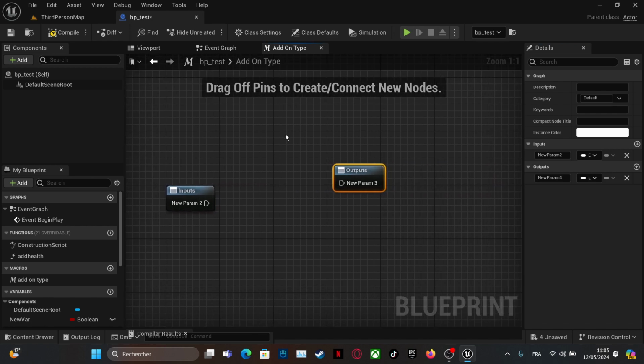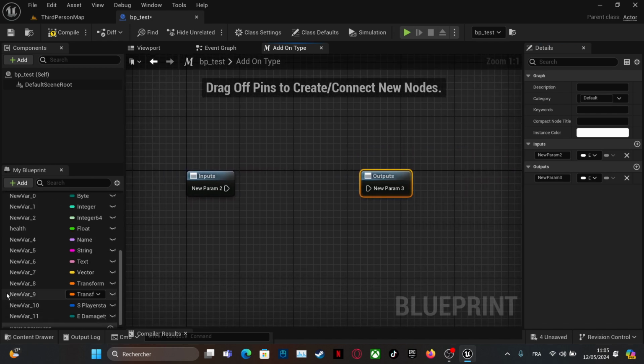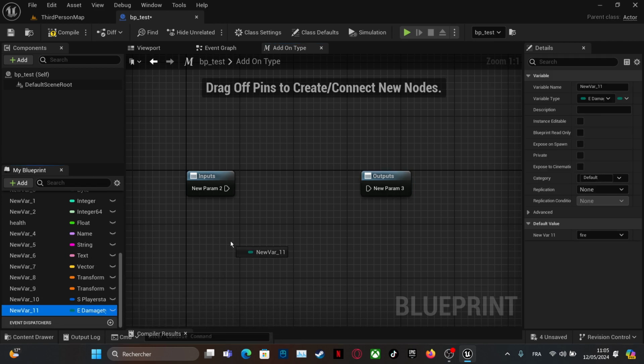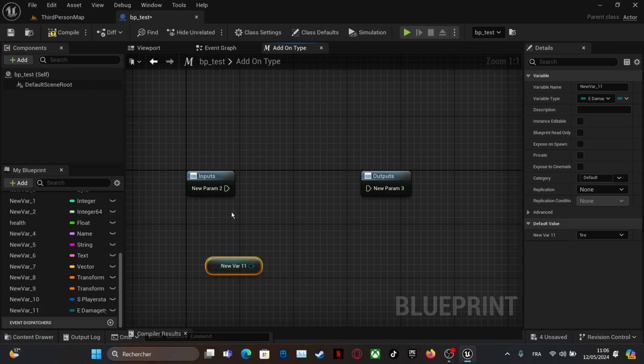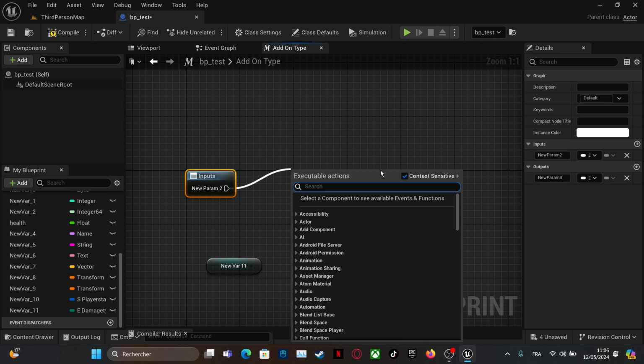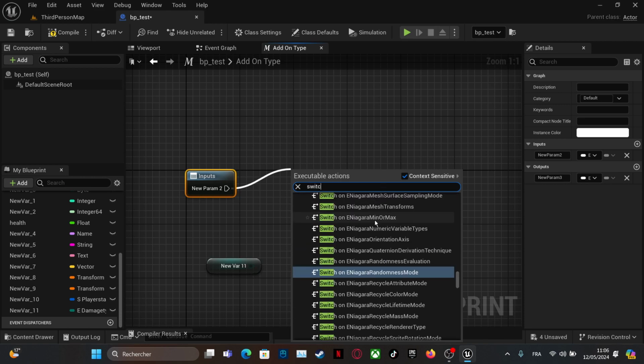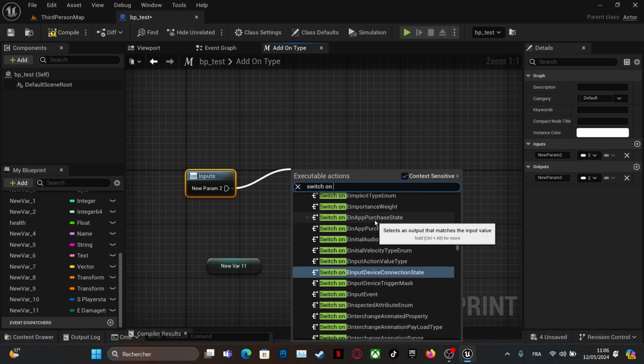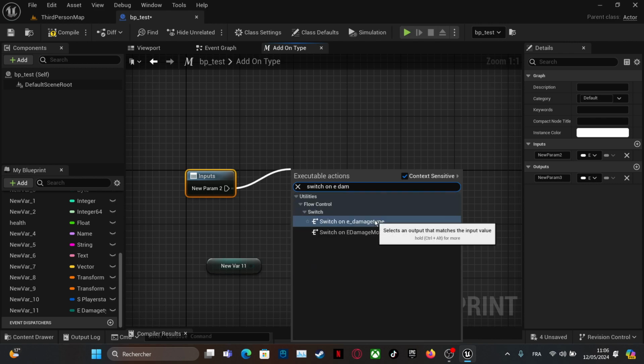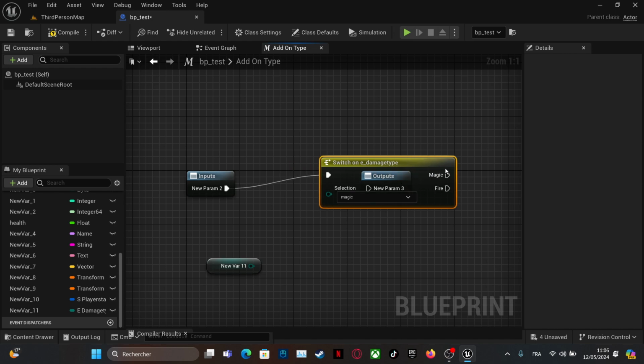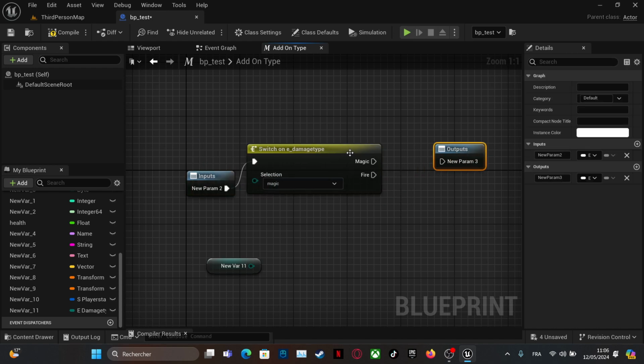I will show you an example. We use our enum that we created before. This is the enum, and we get it here. We do the function switch on E damage type. We have the output here.